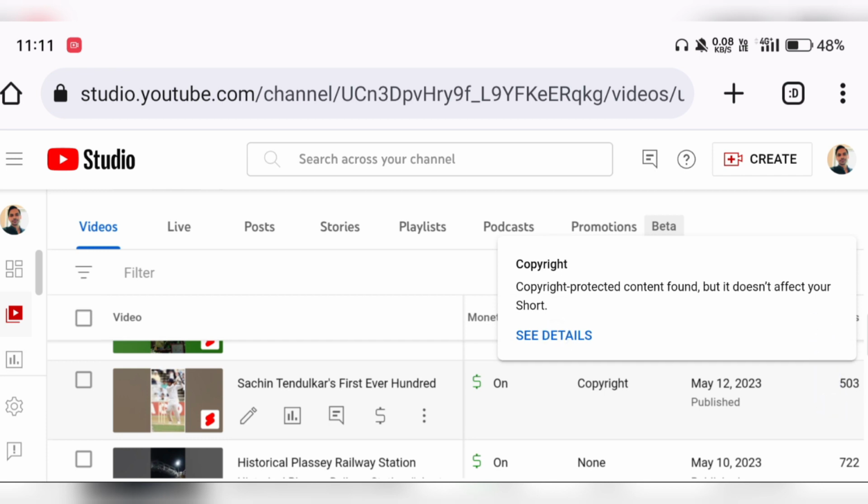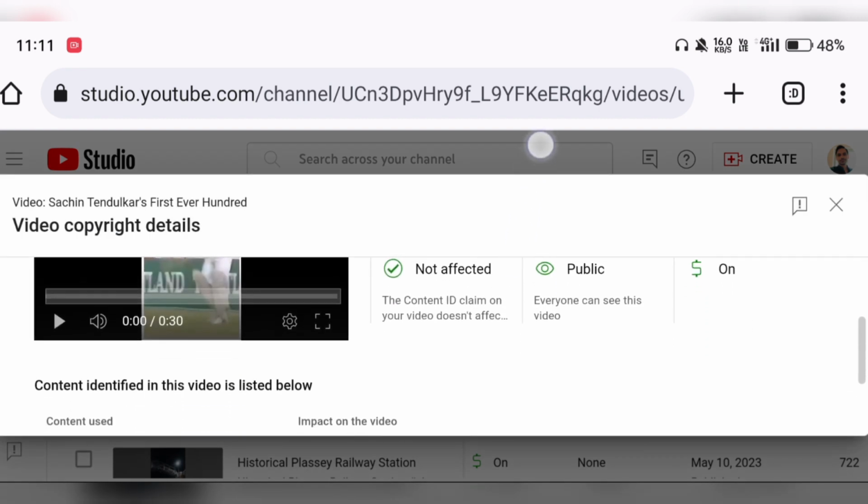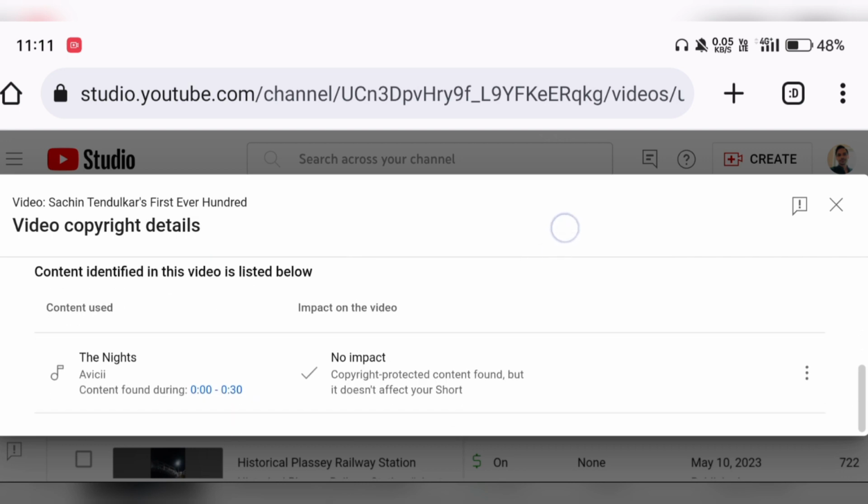Click see details, and on the bottom side you will see this no impact protected content found, but it doesn't affect your shorts. Then you need to click three dot here,